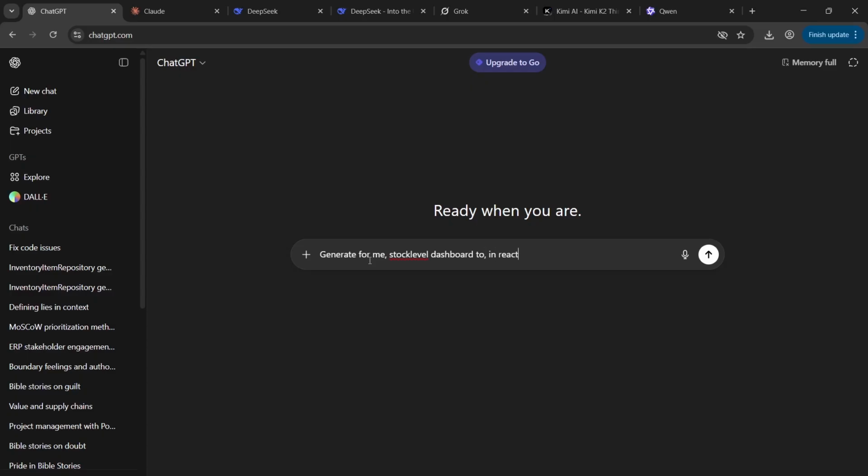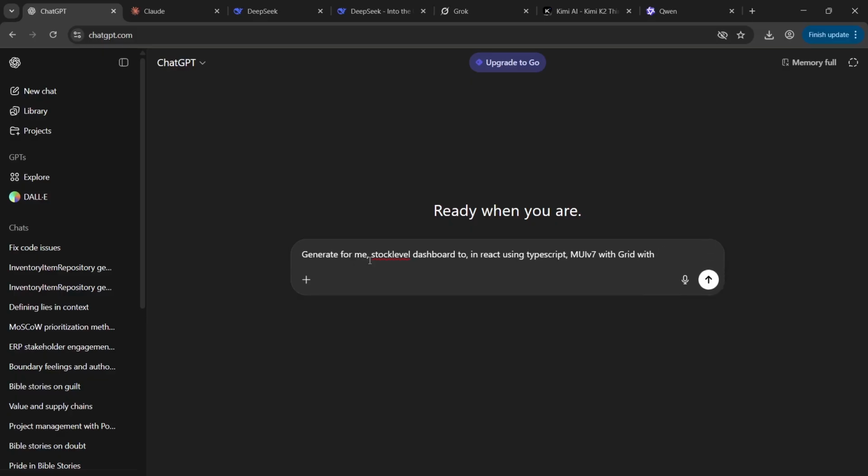In React, using TypeScript, and then I'm going to use a framework, MUI v7 with it. I'm just going to tell it because sometimes it's using old technology, but maybe 7 is new,